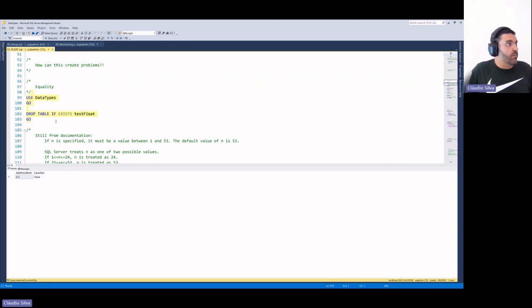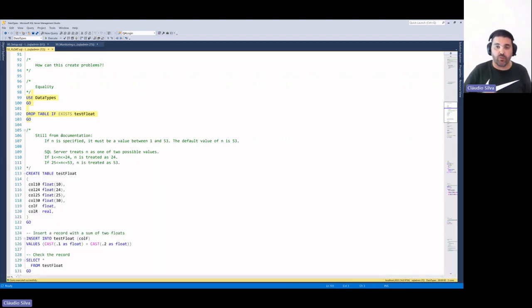So let's see now what happens with equality. We kind of already saw it, right? If we do a sum between 0.1 and 0.2, the result stored in the database is 0.30004, which is not exactly what I was expecting.